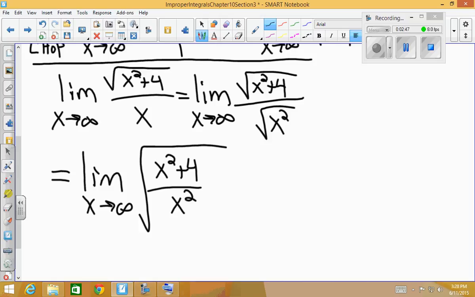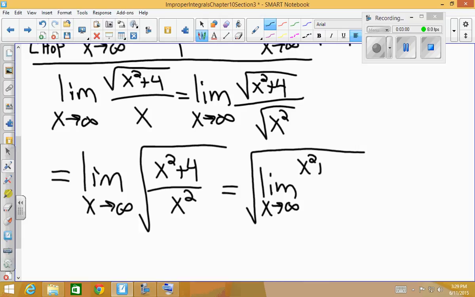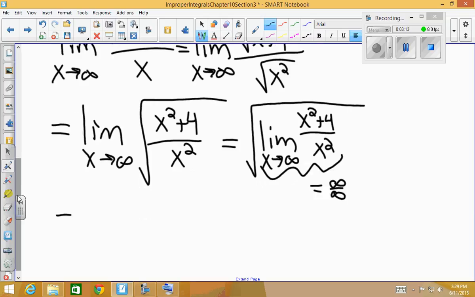So now if we try to take that limit, the limit of a square root, since the square root is a continuous function for positive values, is the square root of the limit. If we try to evaluate the limit inside, we'll quickly get infinity over infinity. So we apply L'Hopital's rule to that limit inside. So we still have our square root, but now by L'Hopital's rule,